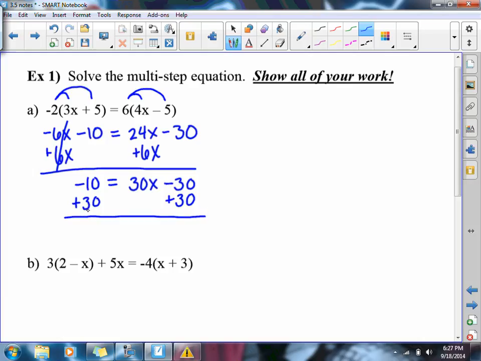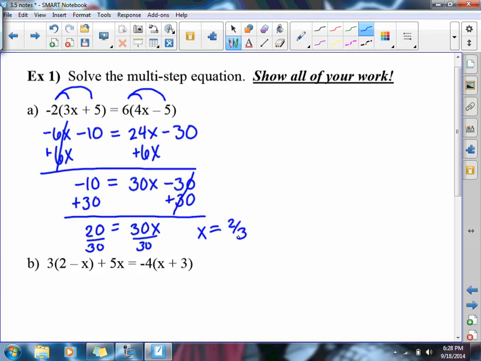So now negative 10 plus 30 is going to be 20. And then I bring down the 30x, didn't do anything to him. And the minus 30 and plus 30, they cancel. So now my last step then is to finish isolating that x so I can solve this equation for x. He's being multiplied by a 30, so I'm going to undo that by dividing by 30. So then my final answer is going to be